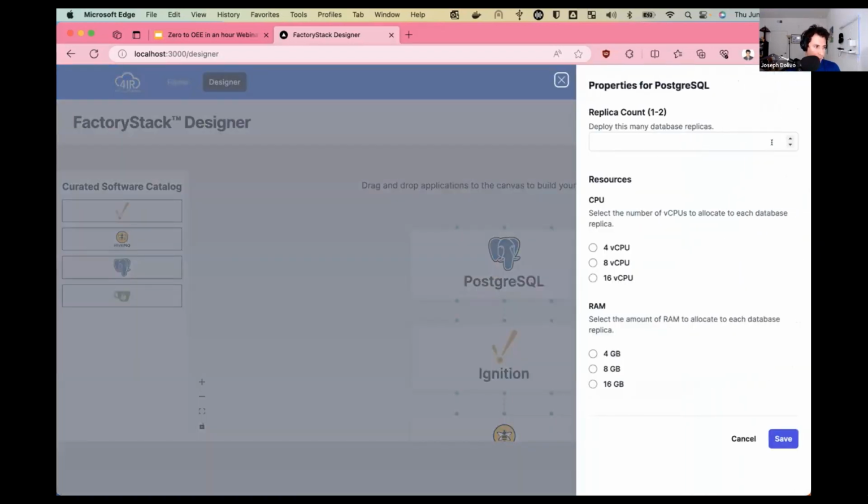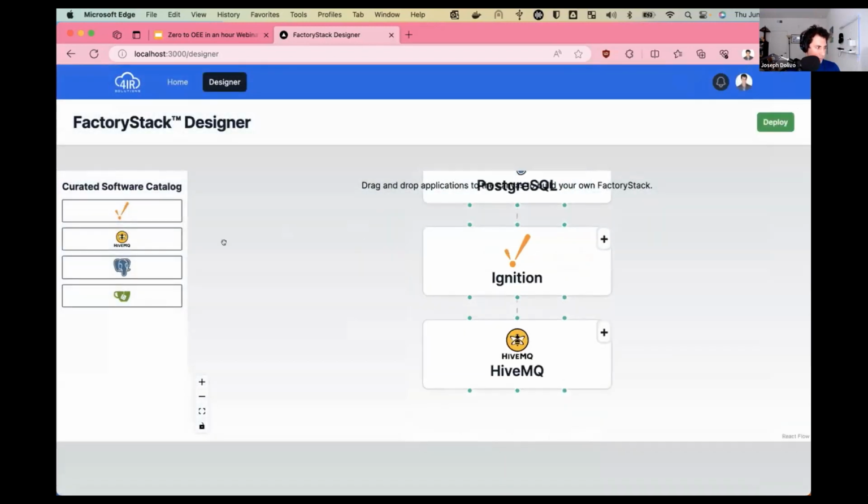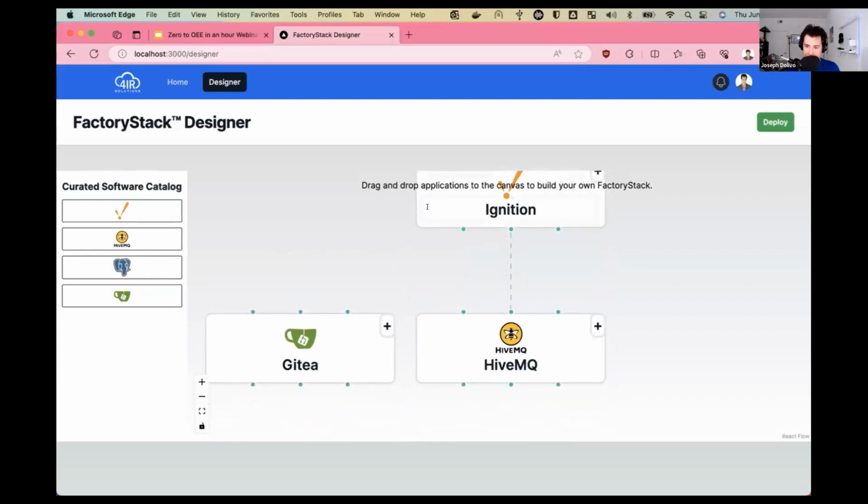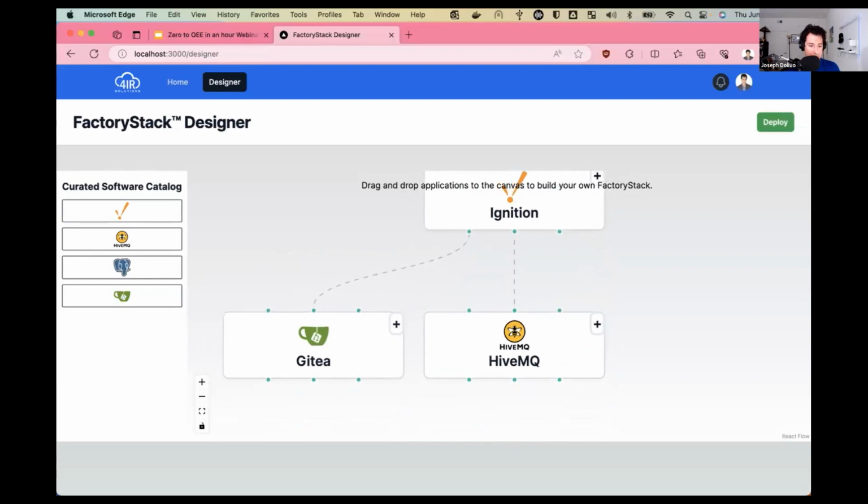So similarly, I'm going to give it a single node replica and provide some CPU and RAM for this instance. And then lastly, I'm just going to have an instance of Git that's connected. This basically allows me, out of the box, to version control my OT application that I've developed inside of Ignition, which is pretty novel still in this space. And that's pretty much all I have to do to get this provisioned. It's pretty nice that once we have this visual configurator,